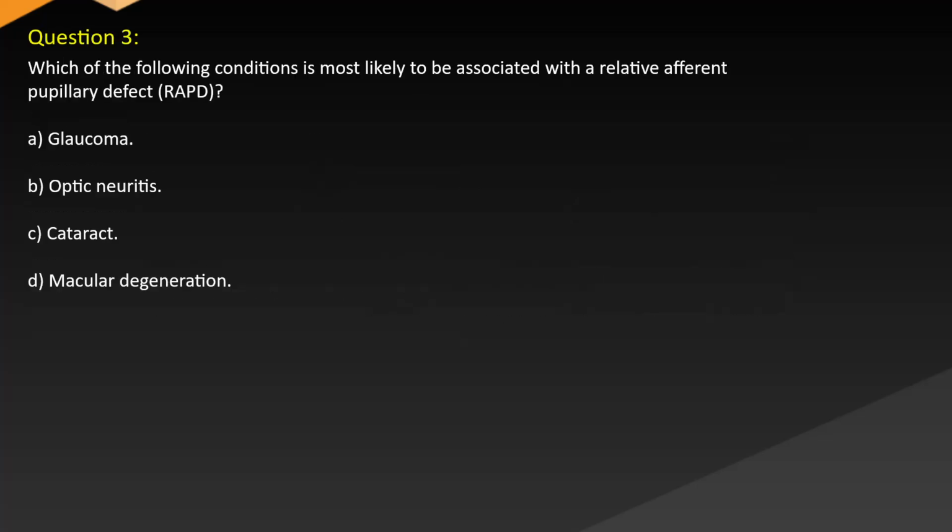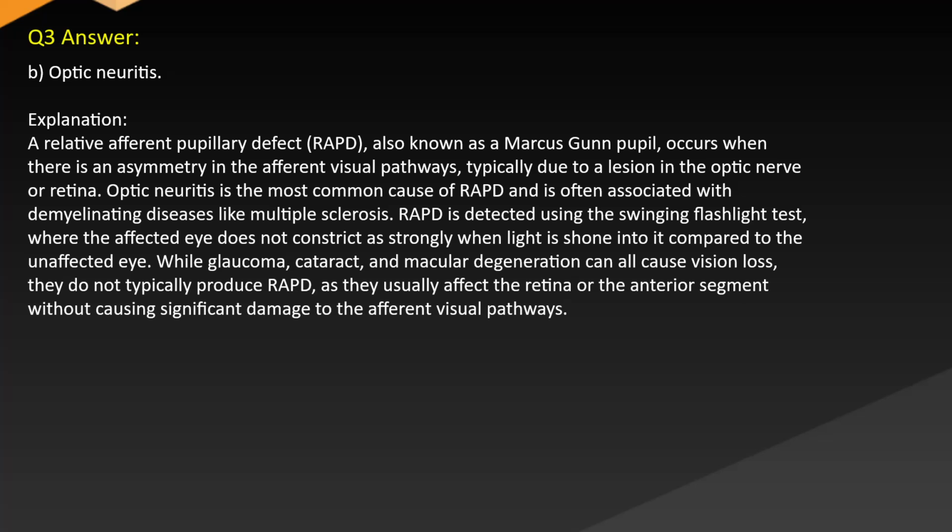Question 3. Which of the following conditions is most likely to be associated with a relative afferent pupillary defect, RAPD? A. Glaucoma. B. Optic neuritis. C. Cataract. D. Macular degeneration. Answer: B. Optic neuritis. Explanation: a relative afferent pupillary defect, RAPD, also known as a Marcus Gunn pupil, occurs when